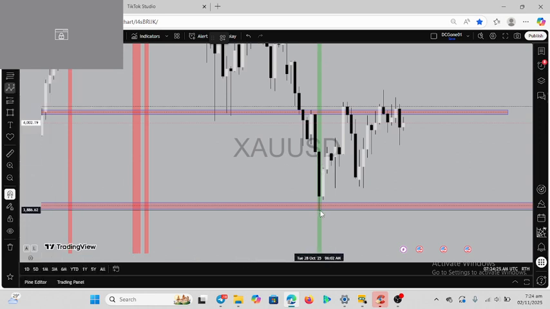So I'll mark from the support which got rejected to the high of the breakout, and this one too, you could see that price swept the liquidity here. So here too is a lower low that was being made. And another thing too here that a lot of us find tricky is that you could see that this high that was made here failed to break this high here. So it tends to be in a form of this thing,